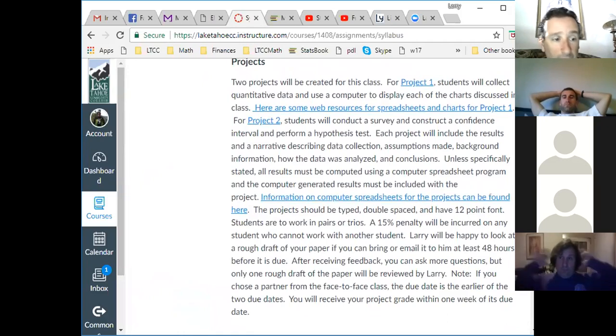And that is get a partner or two. So just to note, these projects are group projects, not individual projects. So you must find a partner or two. I recommend having 3 people to a project for more than one reason.